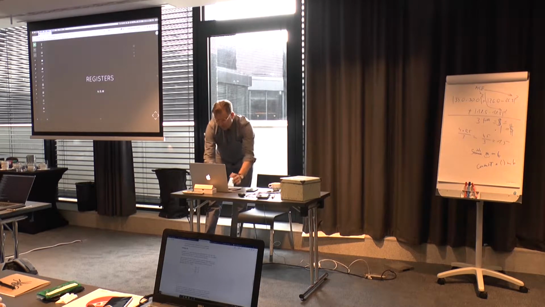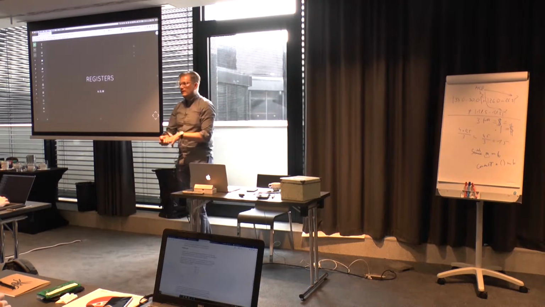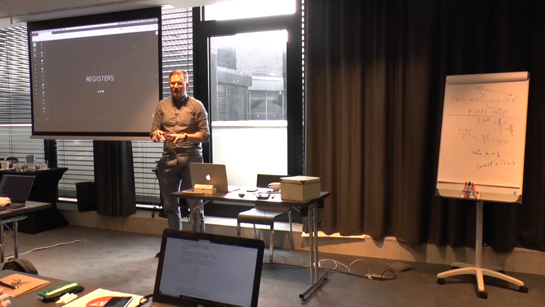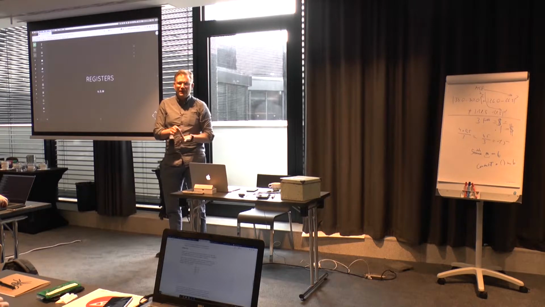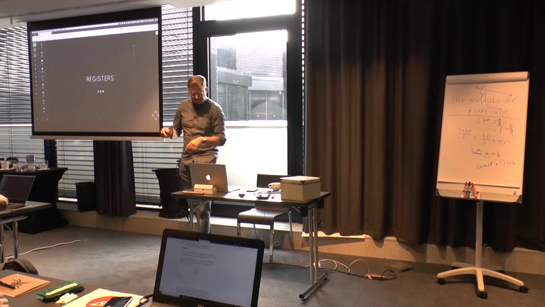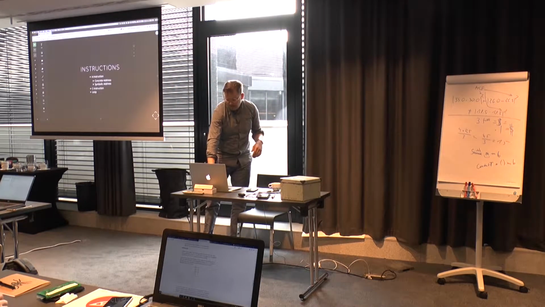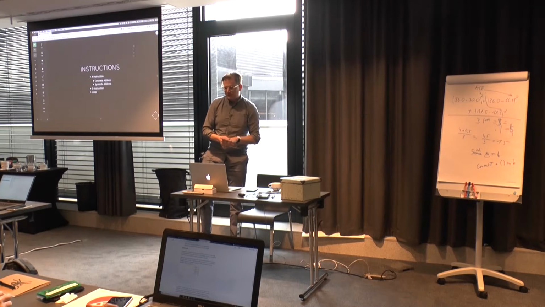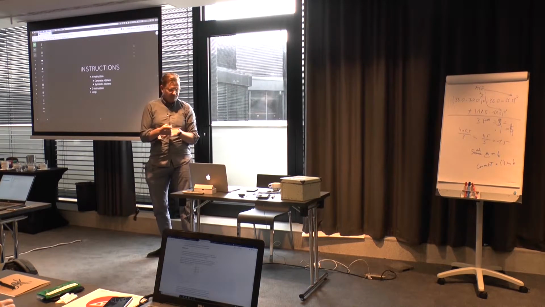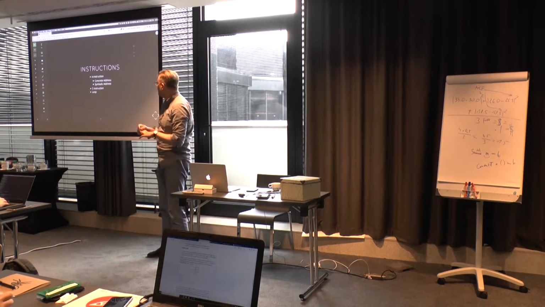So the first thing we have to know about is that we have 3 registers which are going to reside on our CPU. And these are memory storage locations for 16 bits that are very easily accessible, and we can refer to them by these letters, A, D, and M. So then, beyond that, we also have instructions. We have 3 types of instructions that we can give our CPU.